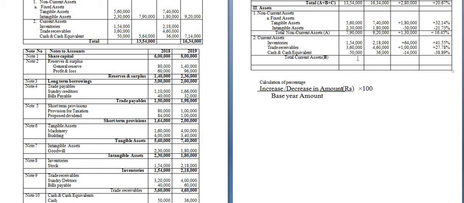So right here 5,64,000, and for 2019 it is 7,14,000. How 7,14,000? 2,18,000 plus 4,60,000 plus 36,000. Okay. So total is 7,14,000. Now we have to find out change, that is whether the amount is increased or decreased. It is increased. How much? 7,14,000 minus 5,64,000. Increase in the total current assets by 1,50,000.